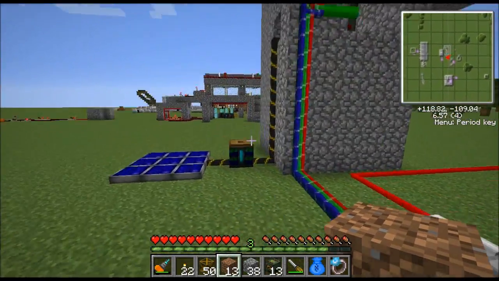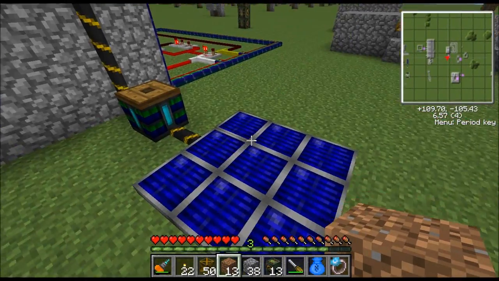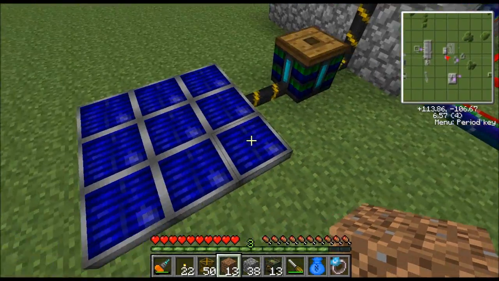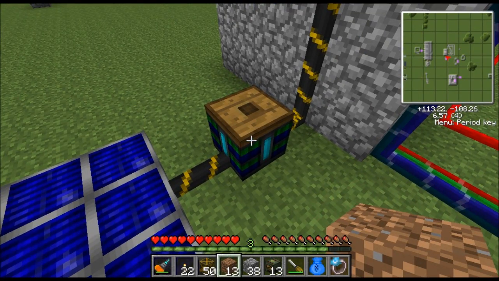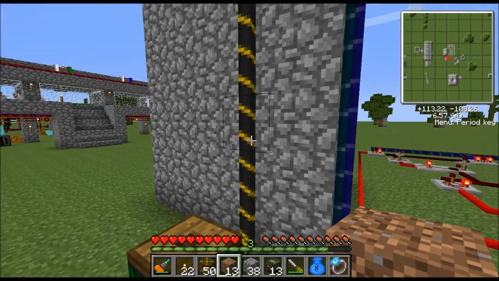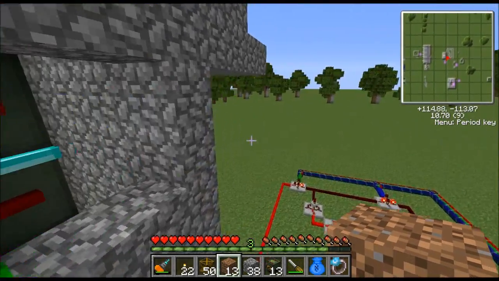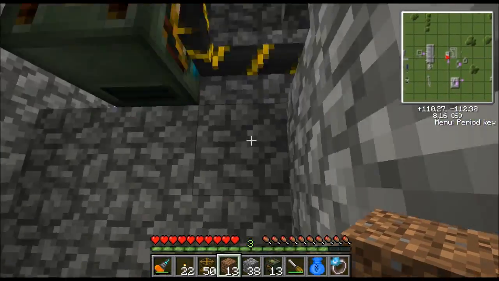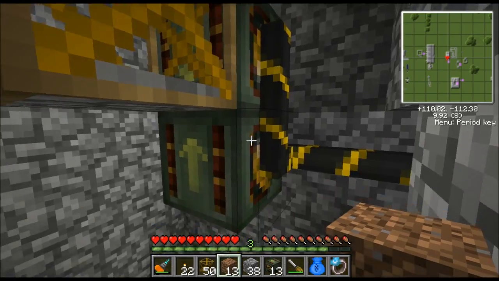So let me show you how this works. We have our power supply here. The frame motors need power, so we got red power to solar panels, blue alloy wire, battery box, and more blue alloy wire, and it goes up in there and it actually touches the sides of the frame motors. Here's the frame motor, so as you can see they're getting electrical power,